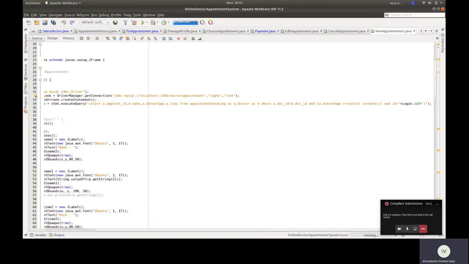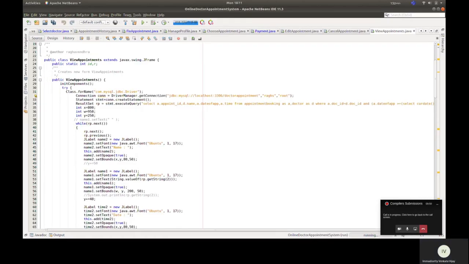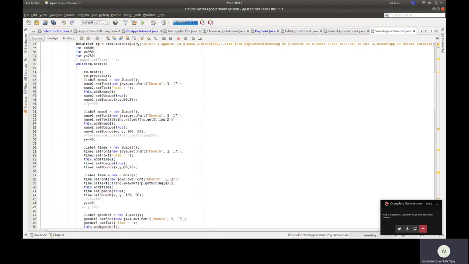You can see select appointment ID, dot name, comma a dot appointment date, and we are taking all the appointments of the particular user in the future dates, and showing them as future appointments.